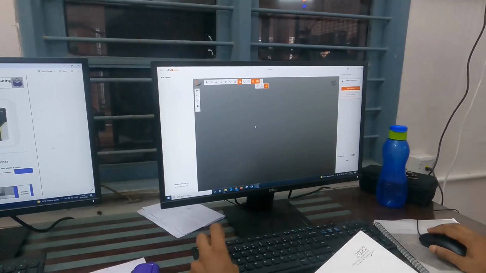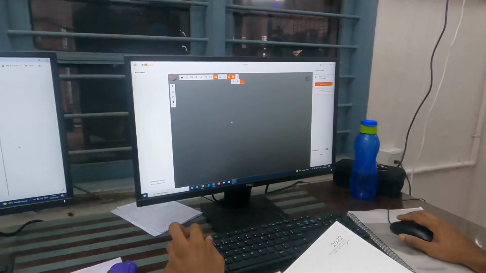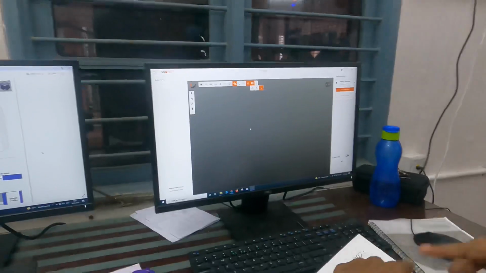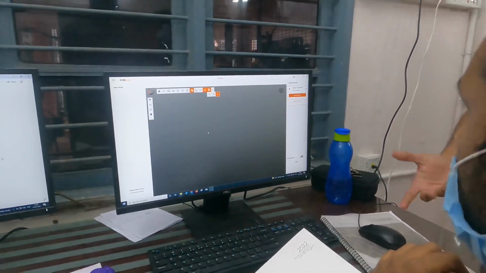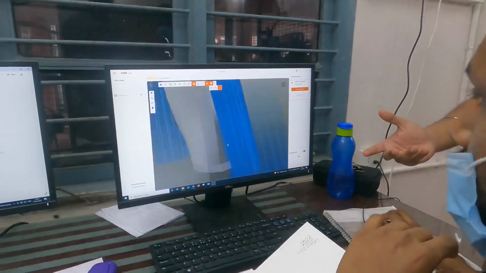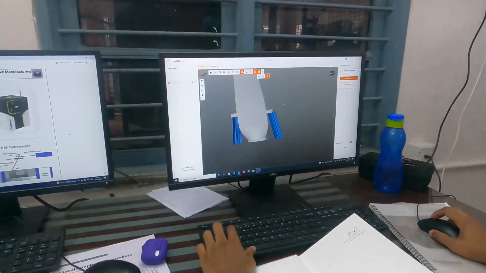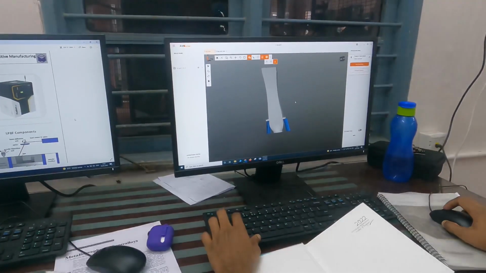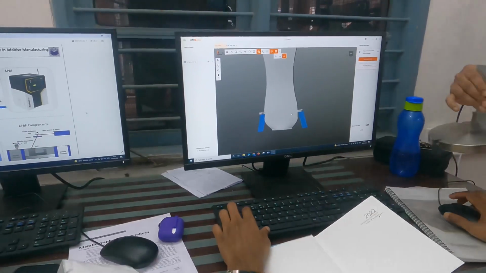Suppose the region is something like what he showed, the brim of a bishop shape. Okay, so at that time, in those places, we need to give some support so that they are actually printed without the collapse, without self buckling.